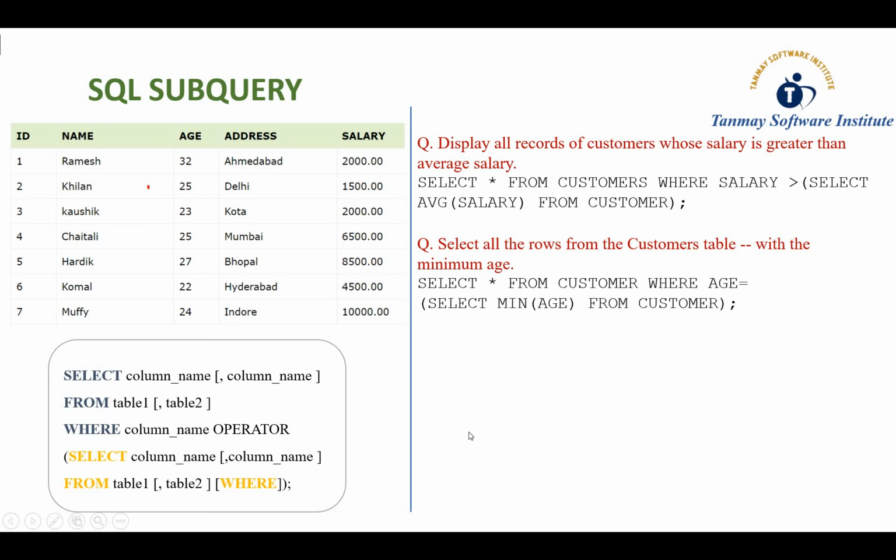Okay, now let's try the another example. Select all the rows from the customer table with the minimum age. मग ज्याचं एज मिनिमम आहे फक्त त्याच कस्टमरचा रेकॉर्ड जर मला डिस्प्ले करायचा असेल तर मी त्याच्यासाठी काय क्वेरी लिहिणार आहे. तर बघा तुम्ही इथे ऑब्झर्व करू शकता, one thing that you can observe here, we use the aggregate function